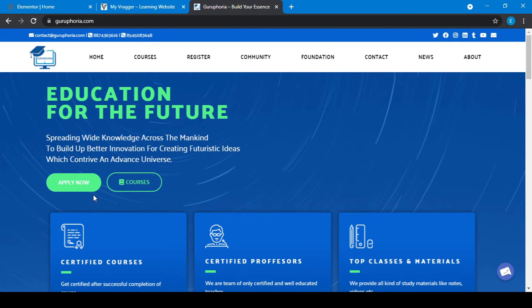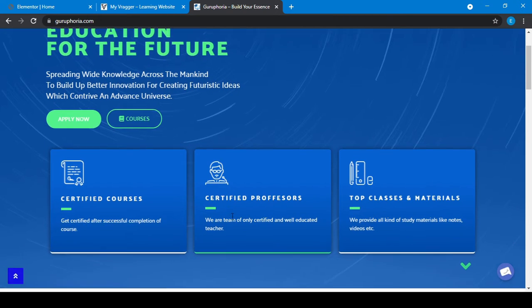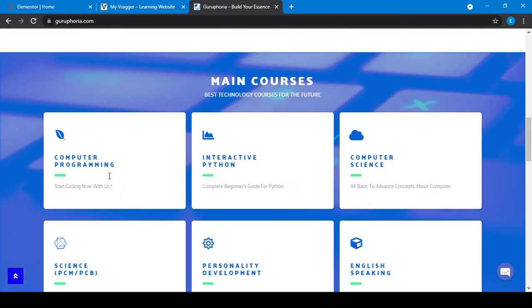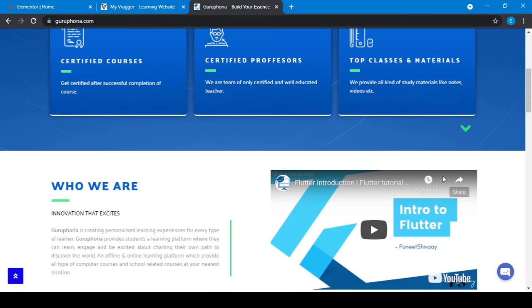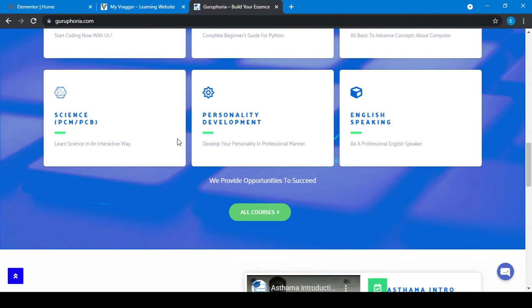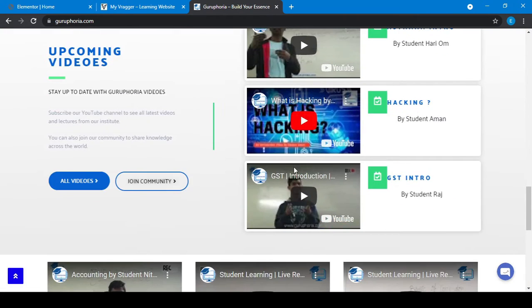Okay, so first we look at what we are going to create and how our website will look, something like that. Here will be a top bar with some clickable text, a link to mail, a link to a contact number, and another top bar with some social menu options. Then our header with the logo, then some menu options. Here is a link of a video, a click-through YouTube link, then some description and some other video links.